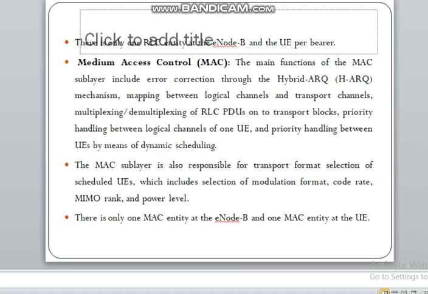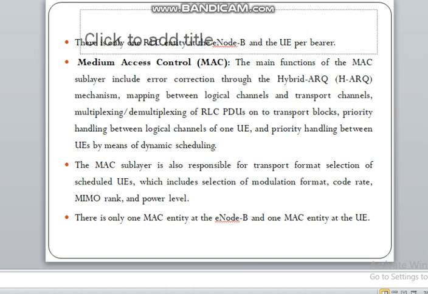It has to multiplex the data while transmitting, and at the receiving side it has to demultiplex accordingly and send it to transport blocks. Priority handling between logical channels of one UE is also very important.